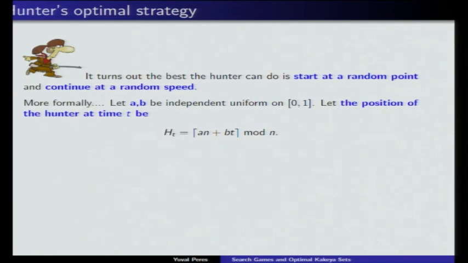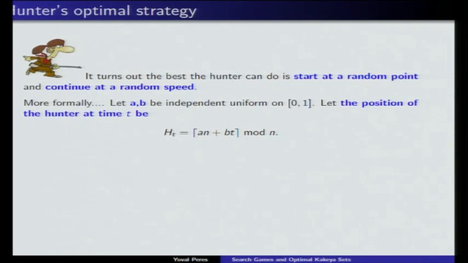But the speed is bounded by 1, because he cannot jump more than one step at a time. So he chooses this b uniformly at random at the beginning. We're just describing what happens in one round. He chooses the speed b uniformly at random at the beginning of a round, and then he walks at that speed in the round. What does it mean? He follows just a straight line path, but since he has to stay on the lattice, he takes the integer part of this, and the slope is at most 1, because he's restricted to be Lipschitz. He can't move more than one step in one time.